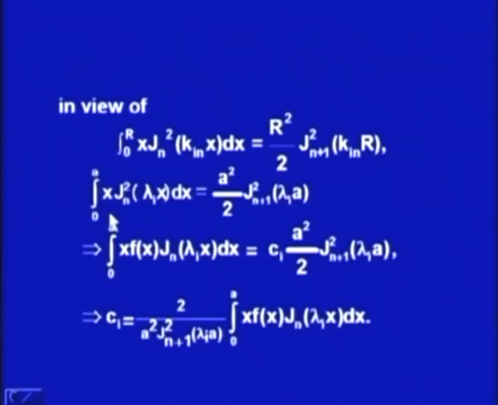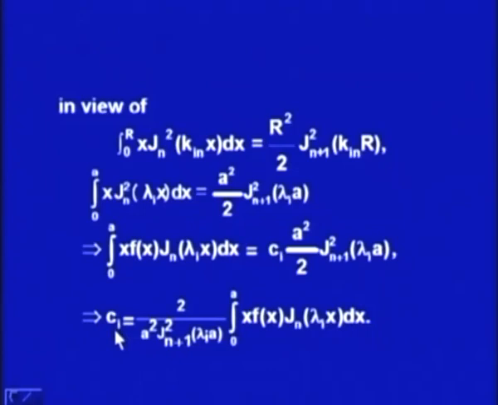Therefore, the integral from 0 to a of x J_n²(λ_i x) dx will be equal to a²/2 times J_{n+1}²(λ_i a), and hence the integral from 0 to a of x f(x) J_n(λ_i x) dx is equal to C_i times a²/2 J_{n+1}²(λ_i a), from where we get the value of C_i as 2 over a² J_{n+1}²(λ_i a) multiplied by the integral from 0 to a of x f(x) J_n(λ_i x) dx,